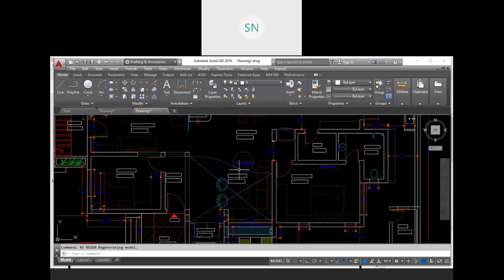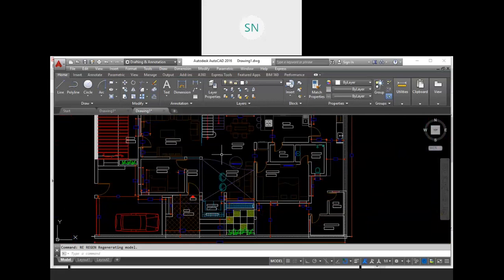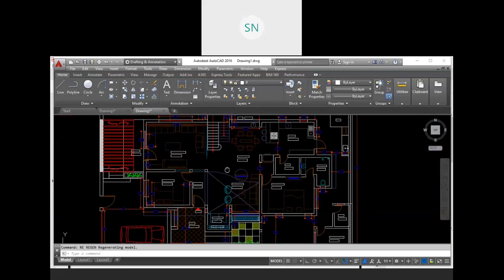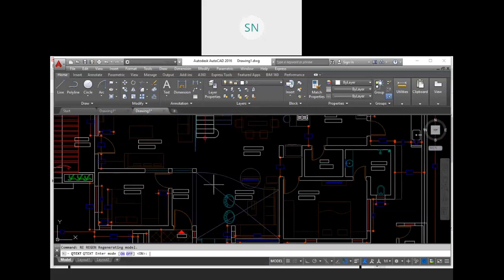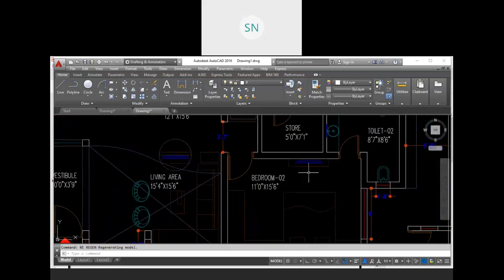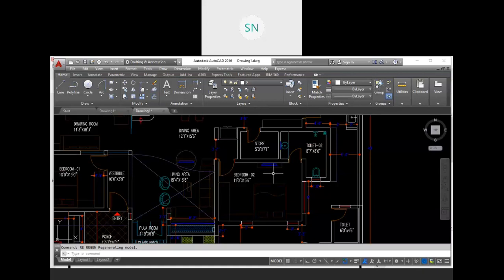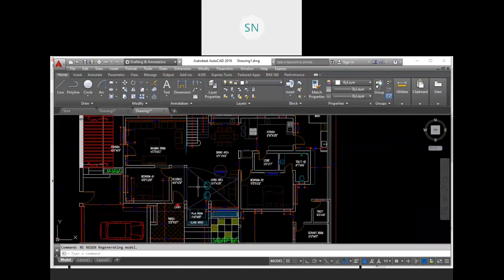So in this way I can hide all my text at a time with a single tool. Again I want all my text back. So again go to Q text, Q text, and turn it off. Again, to apply this change we have to refresh it, RE, enter, and everything is back. So this is also a very nice and useful tool. Sometimes it might be helpful for you when you are presenting your drawing in front of others.